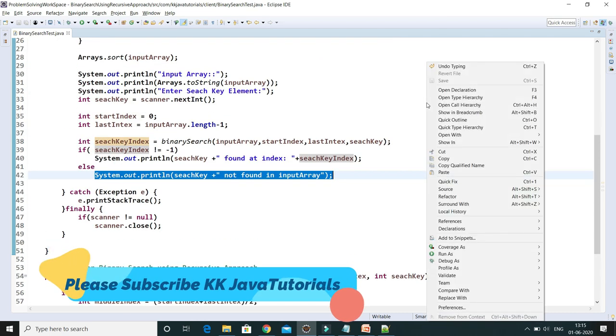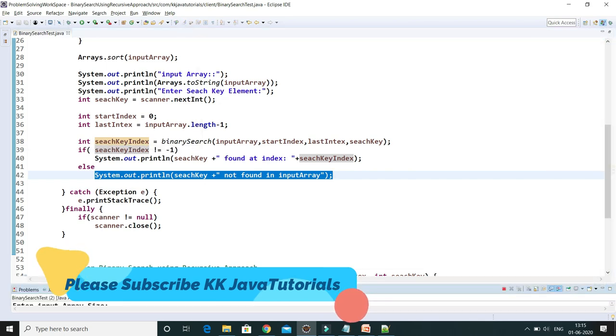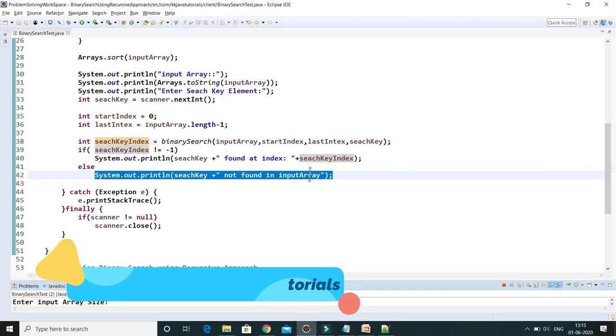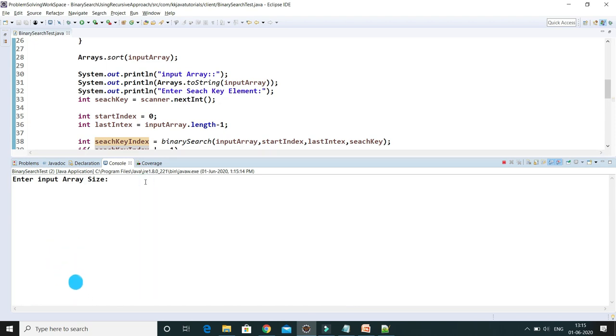Right, so let me run this code. Here this program is asking me to enter the input array size. So 5. Now I need to enter 5 elements in this array.